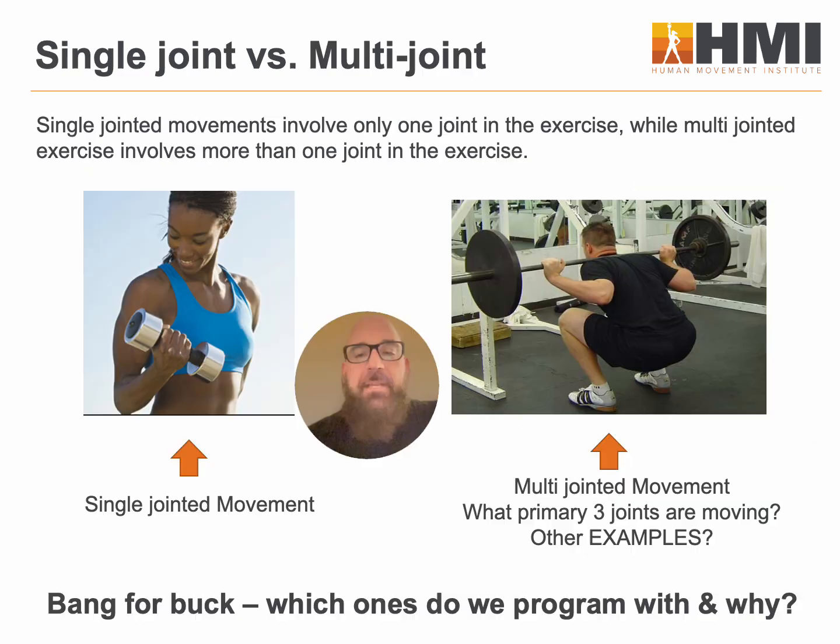And then just a couple other things we need to talk about. A single joint versus multi-joint. So obviously the woman on the left is doing a single joint. She's doing elbow flexion, so it's known as a bicep curl. But kinesiologists say, well, it's elbow flexion, because elbow flexion can happen in all sorts of different ways. The exercise is going to dictate that, but we want to stay consistent that elbow flexion is elbow flexion. And that's a single joint movement. Now, it doesn't mean that the muscles of the shoulder don't stabilize. The shoulder girdle is going to stabilize. So those muscles are working, but the primary work is going to be in the concentric, the muscle shortening phase, when she's doing that curl,